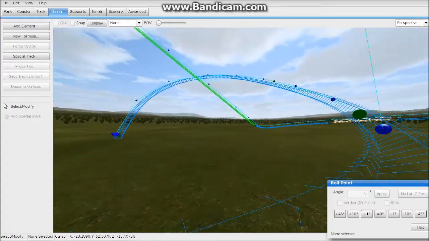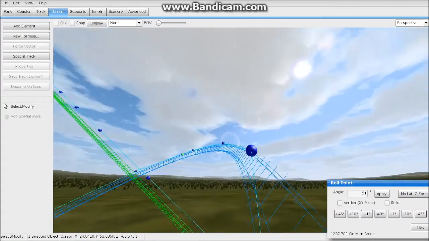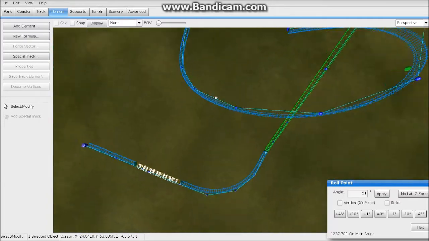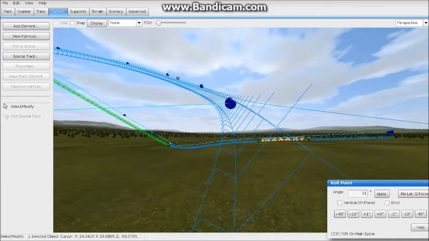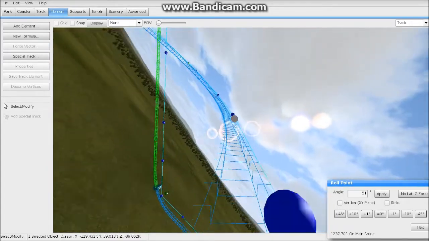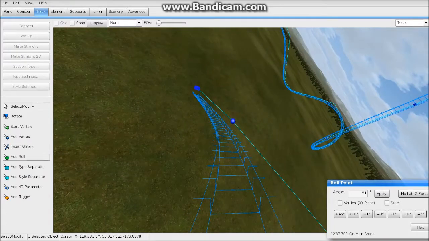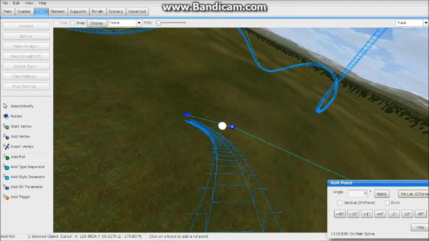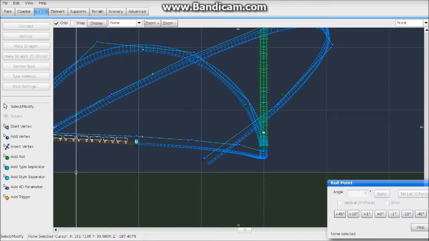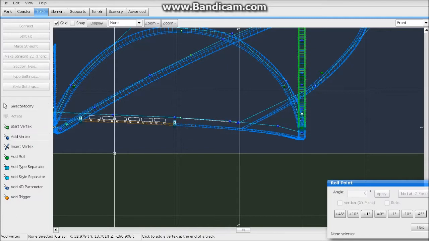Oh yes. So it kind of pulls in kind of hard, and then it kind of goes up a little bit, and then it banks really, really steeply as it dives under itself here. I'm going to push the no lateral G-force button on that turn. And then you want to drag this up a little bit before we actually make more track. And then we want to hit the add vertice button